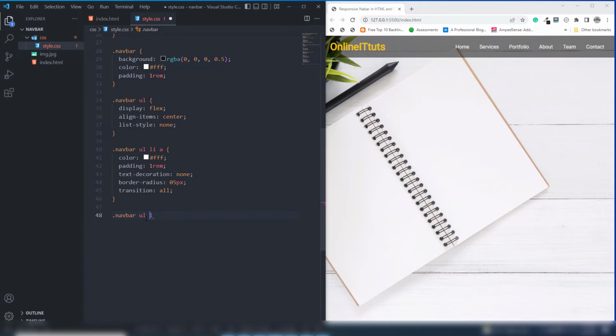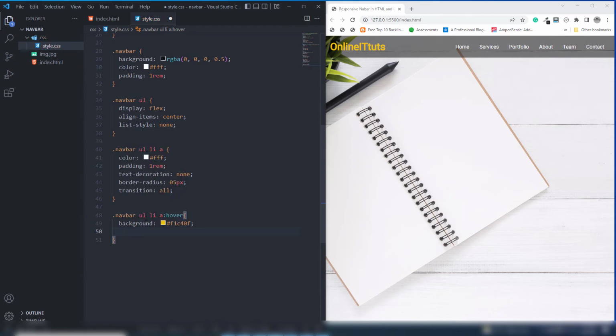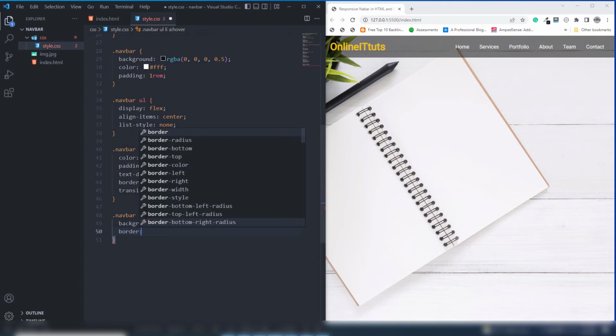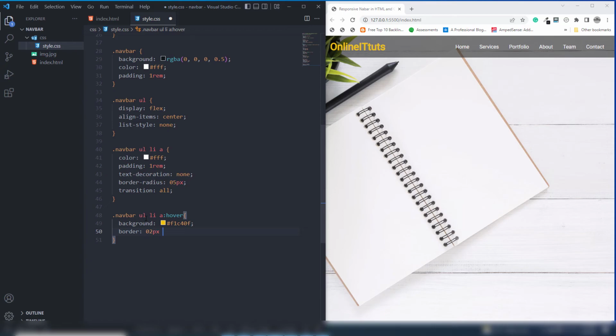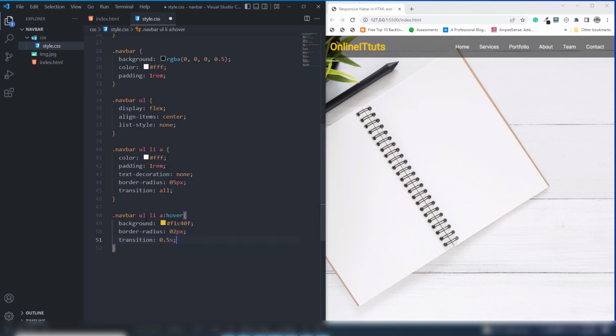And when I hover the mouse on there, then I'm going to use the background will be dark yellow. So F1C40F, and color will be not color, I'm gonna use everything is default. I use border 2 pixel, border radius 2 pixel, and inside there I'm going to use transition 0.5s. That's it. So let's see. As you can see,